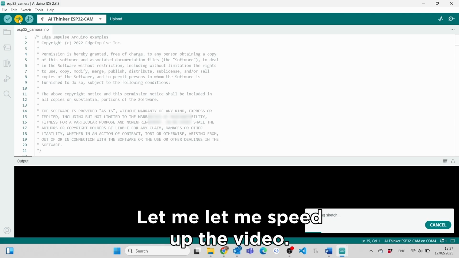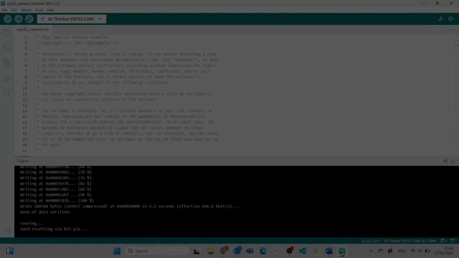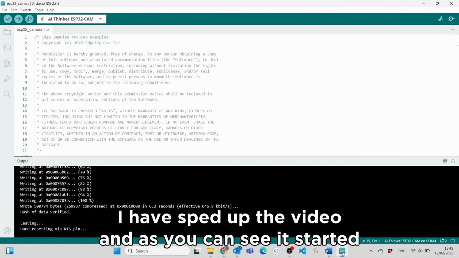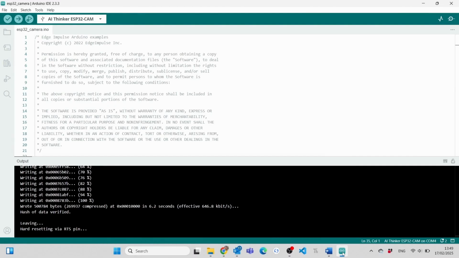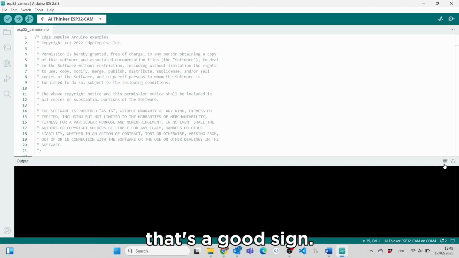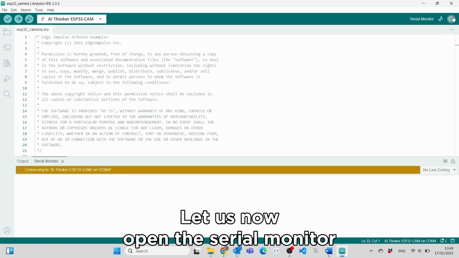Let me speed up the video. Okay, so I have sped up the video, and as you can see, it started to work. And when it says leaving and also that hard resetting, that's a good sign. So let us now open the serial monitor,